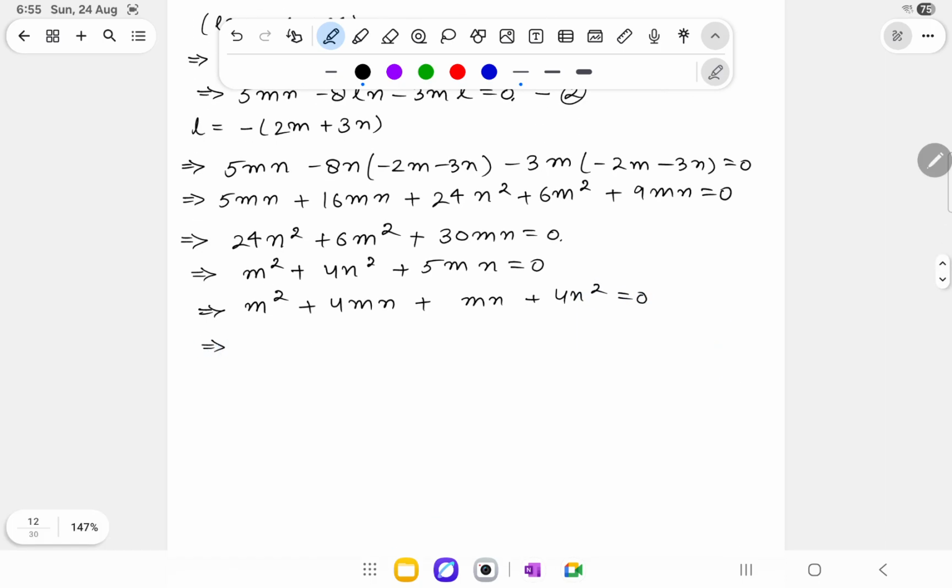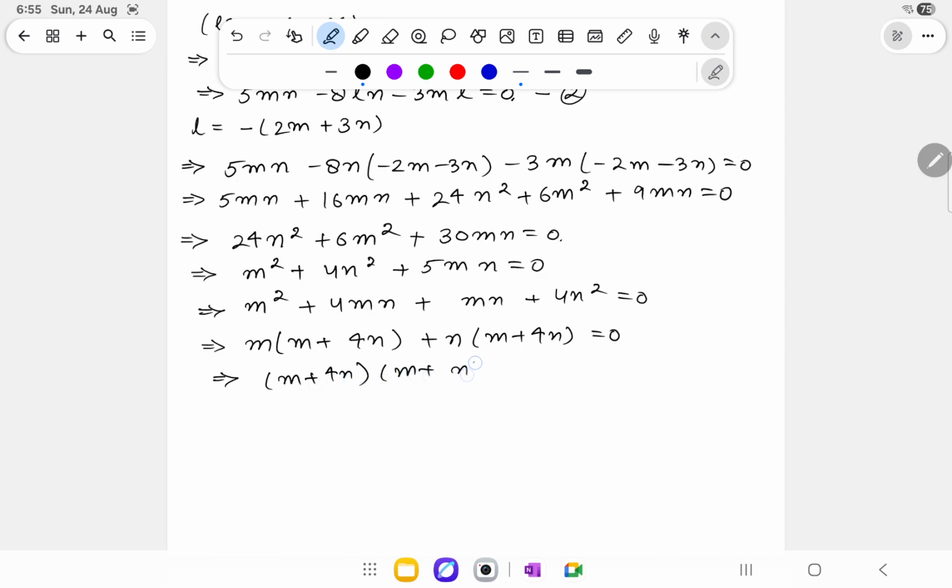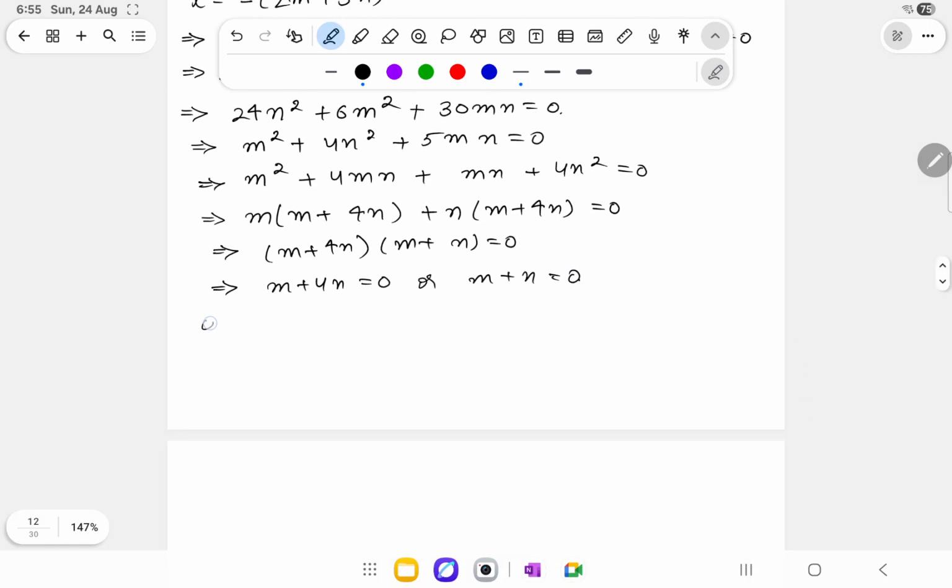So I can solve it to get m into m plus 4n plus n into m plus 4n equals 0, and from here I got m plus 4n into m plus n equals 0, so m plus 4n equals 0 or m plus n equals 0. So we got 2 cases. Case 1 is when m plus 4n is equal to 0. So from here I'll get m as minus 4n